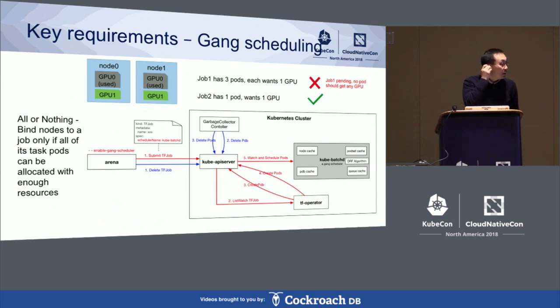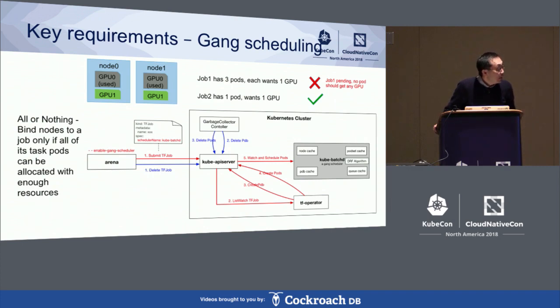Job 1 has 3 ports, or tasks. Each one will need one GPU card. And job 2 will just have one port and wants one GPU. In that case, because job 1 is submitted first, the default Kubernetes scheduler will allocate the 2 idle